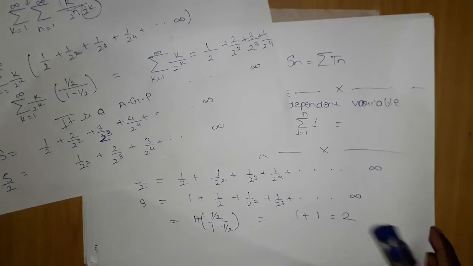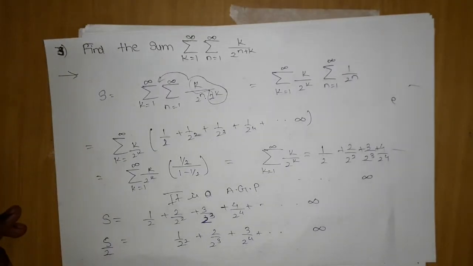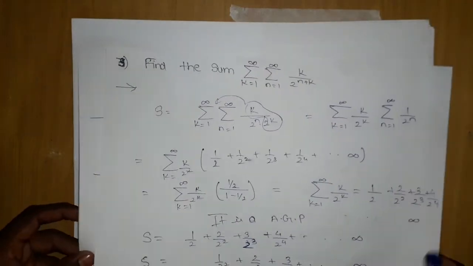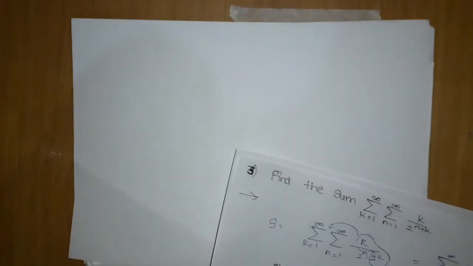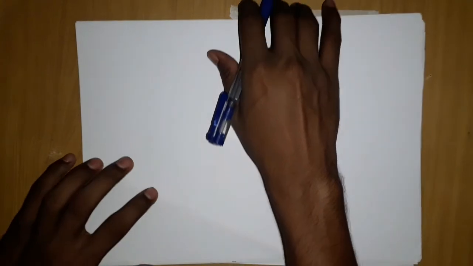Now let's move on to the next problem. You have already studied sigma notation for independent variable. Now we will discuss sigma notation for dependent variable, sorry, independent we have done. Now dependent is quite tough. Also many teachers skip this topic, because they think students will feel very uncomfortable and will not understand it.